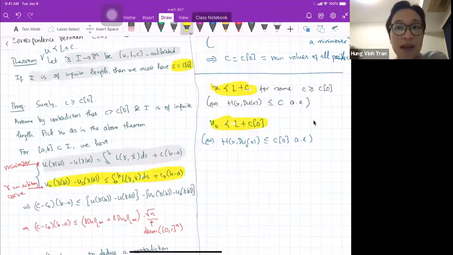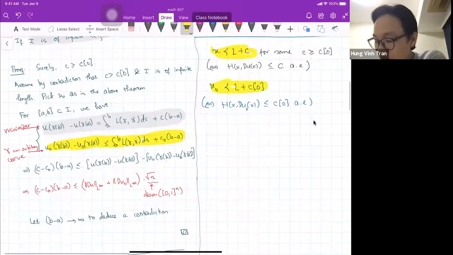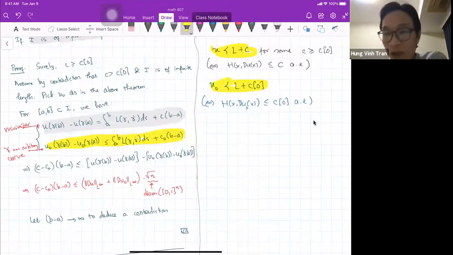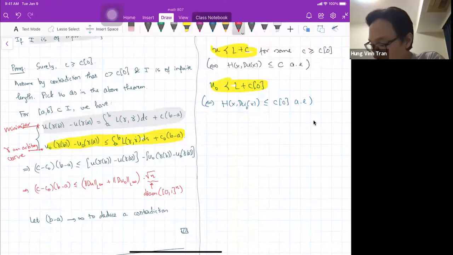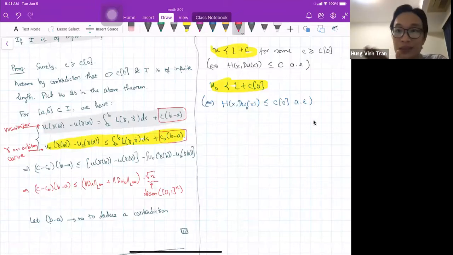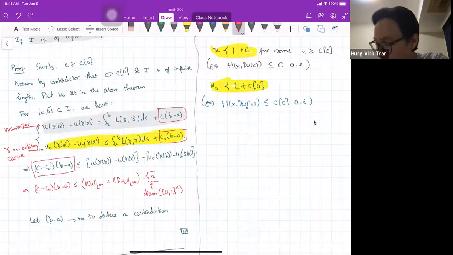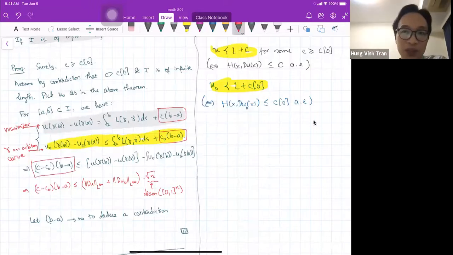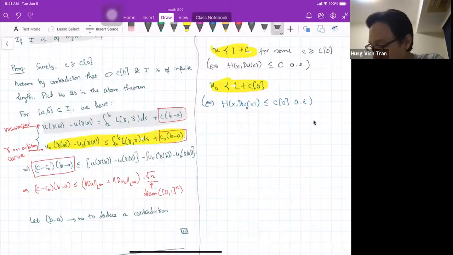So this allows us to compare the two lines of computations, right? And when I am able to compare the two lines of computations, the key thing here is that the Lagrangian goes away. I'm able to compare C with C naught, right? So that's why, when I subtract the two, I have C minus C naught times b minus a less than or equal to the difference of U minus the difference of U naught. This is not an issue, okay?